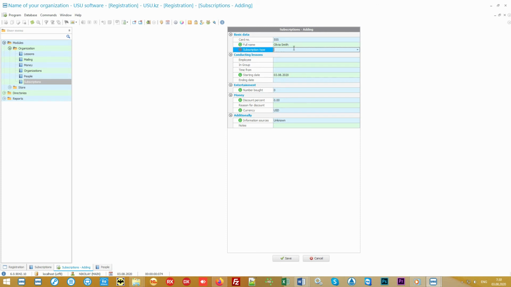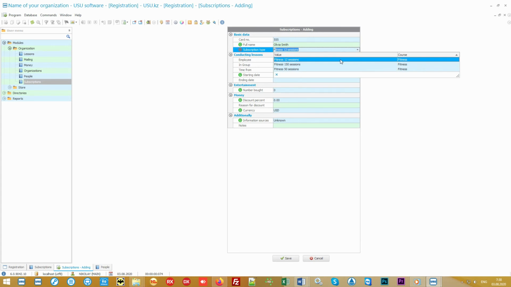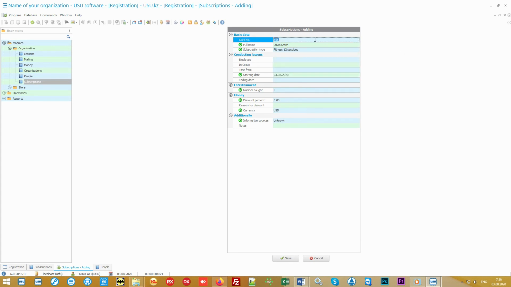After this, indicate the type of subscription purchased, for example, 12 lessons. If your clients receive a club card, you can mark the number of the issued card. It is possible to enter additional information, for example, employee, group name, starting time of the class, etc.